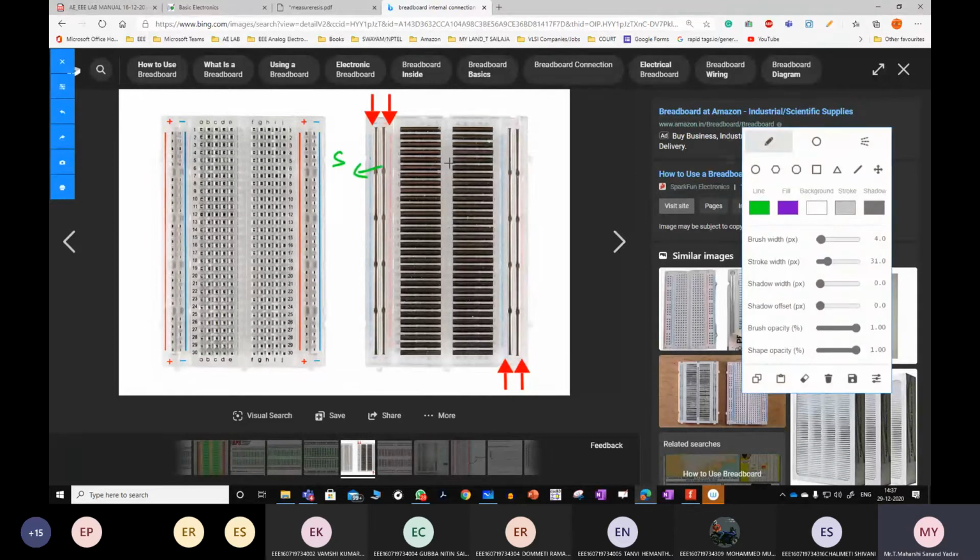I'm calling this supply, this is ground. They're connected horizontally, whereas here they're connected vertically. This is the middle part. So the entire breadboard is divided into 4 parts. This is the first part, second, third, and fourth. I'm saying the first one I'm using for supply and the fourth one as ground, and all the remaining components, both active as well as passive, I'm connecting within this space.